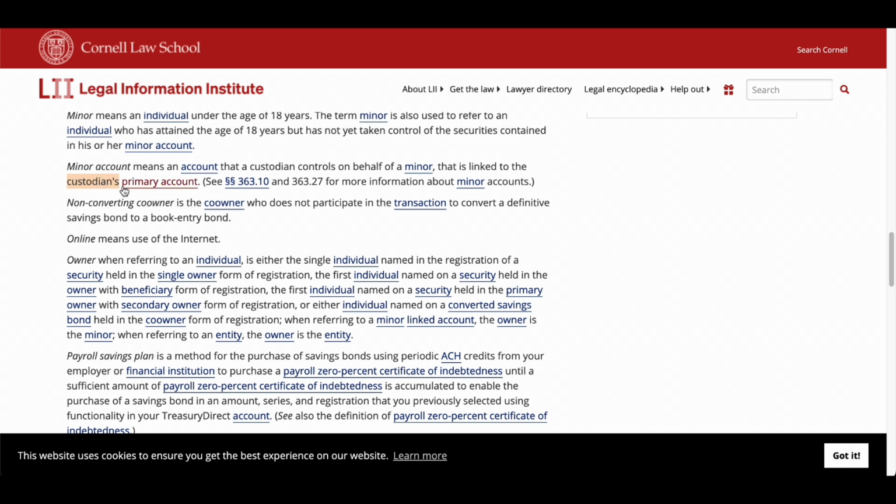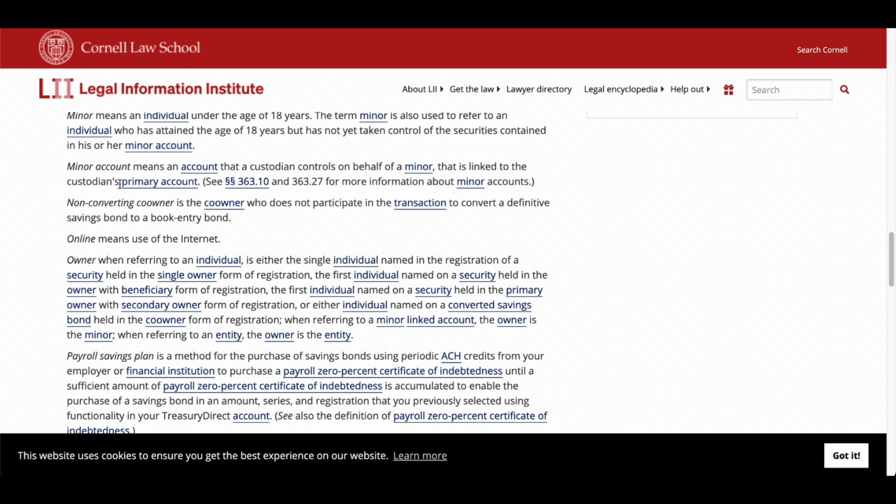A custodial parent takes care of the child until they reach the age of majority, and then they're on their own. Then they're able to make decisions on their own. Since you're not able to make decisions on your own, there's a custodian that has your account right now. That's through TreasuryDirect, where you get this done.